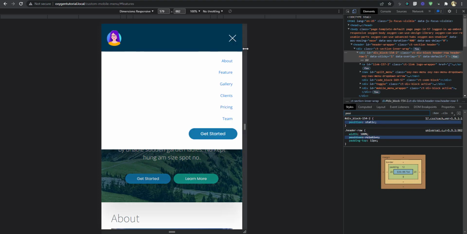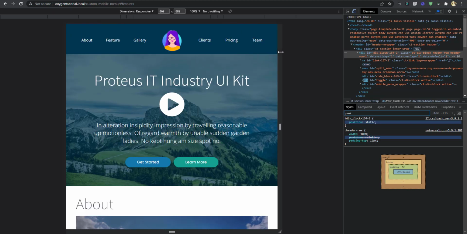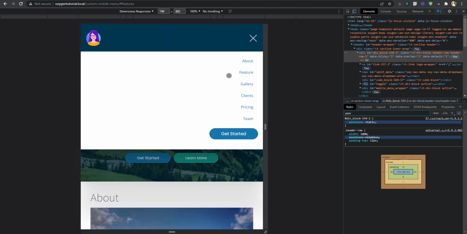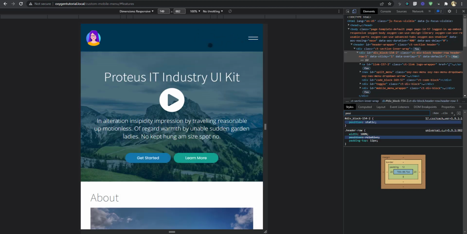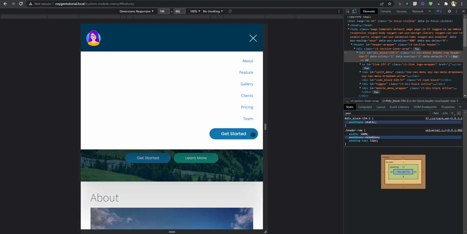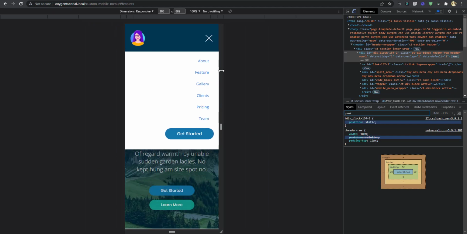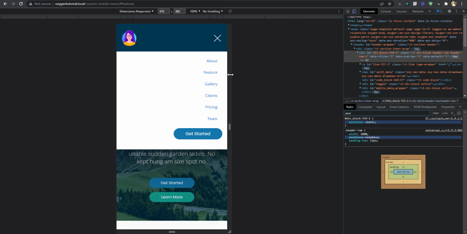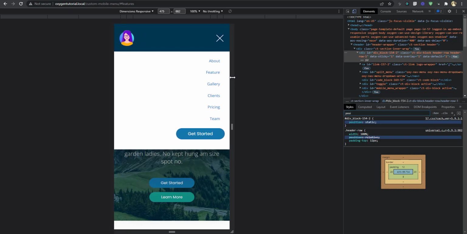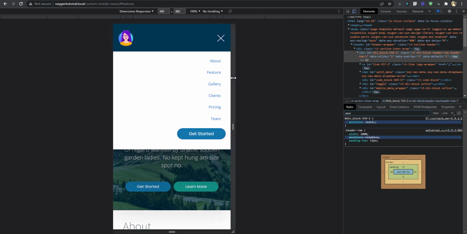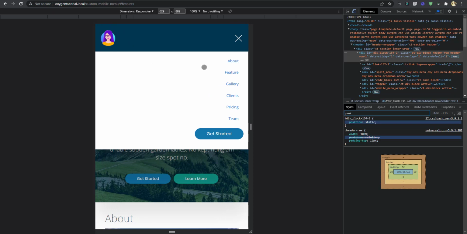Okay, in a situation where, personally, I don't like having a menu like this with all these spaces. At this screen size, I don't want my menu to look like this, and at this screen size I still feel there's enough space to keep the call to action button. So what I would prefer is to have my menu, let's say, from 480, and then bigger than that, I want this to be spread out.